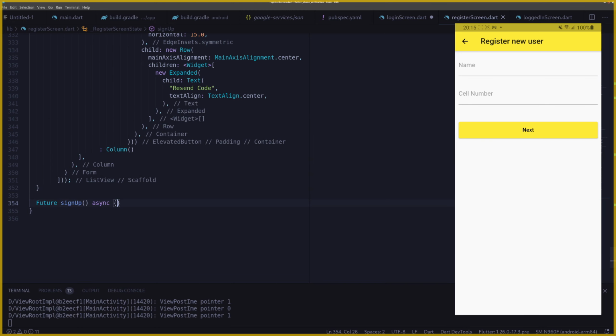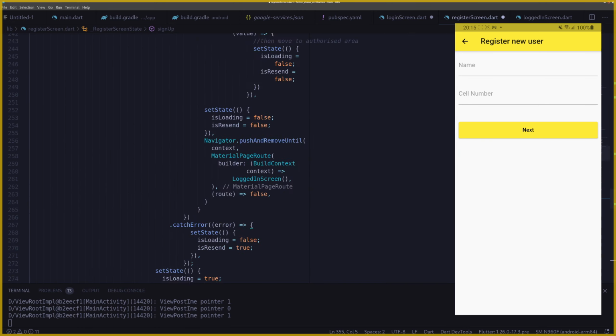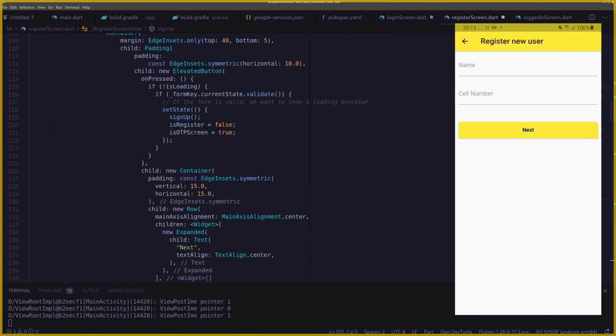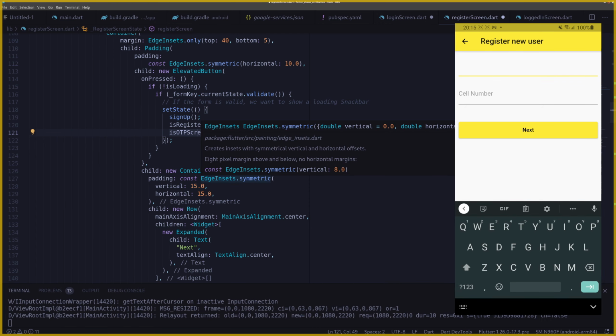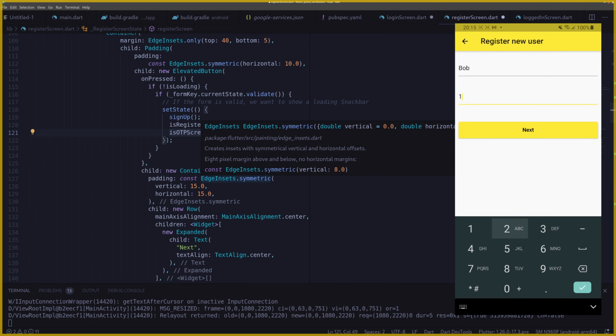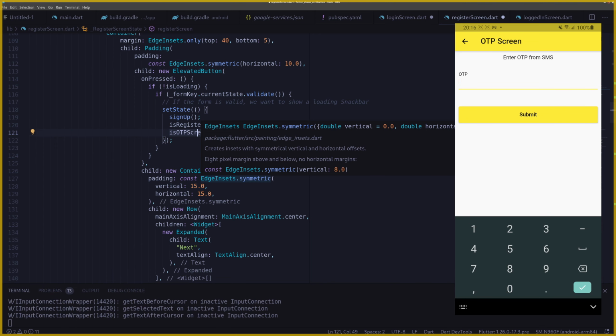And as you can see, it's just empty at the moment because I want to go through the logic on that with you guys. But also when we click on that, is register becomes false and is OTP screen becomes true. So let me show you what will happen. Normally a user will now type in his name, let's just say Bob, and his cell number 123456789